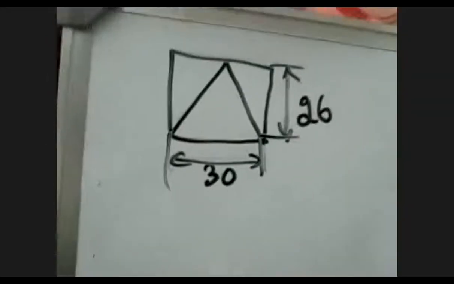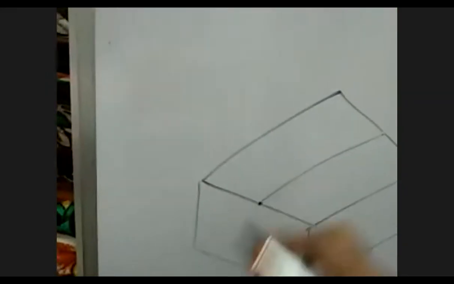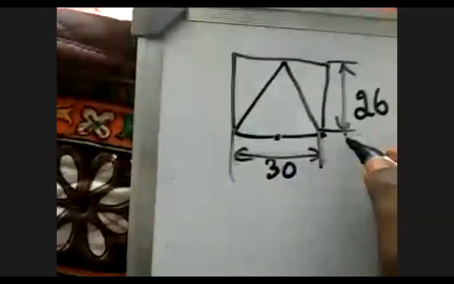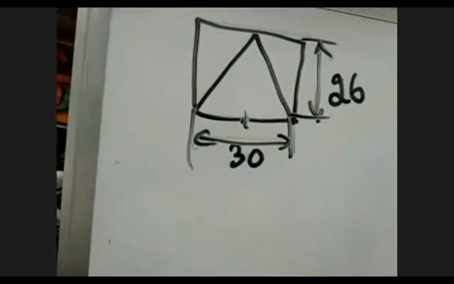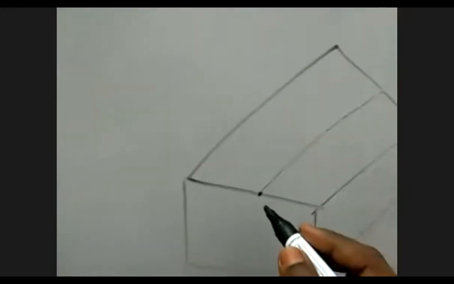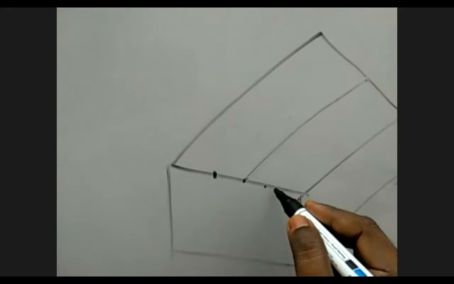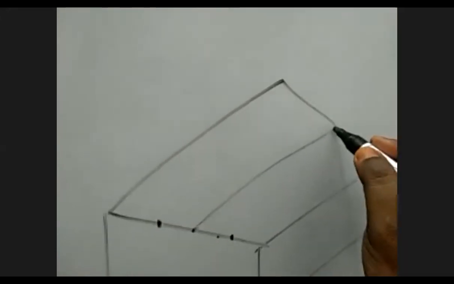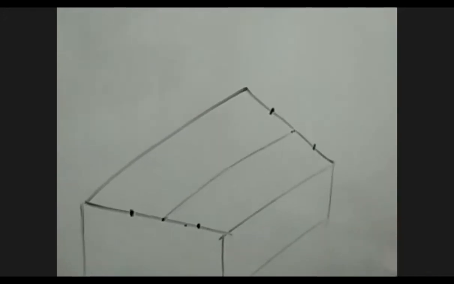Now, how to solve this problem? I said this midpoint should come and fall on this midpoint, correct? So what is total width? It is 30. So from center, how much will be the other side, left and right? It will be 15. So from here, mark 1.5 box, one gap, mark 1.5 box, one more gap. Same way in this side also. 1.5 on the left, 1.5 on the right.